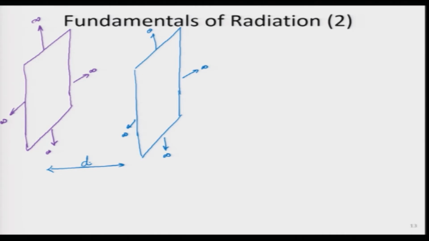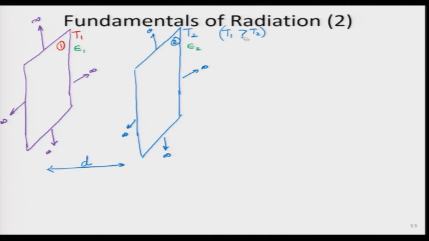I can show that gap as the distance d, and what I am going to do is give them different temperatures. So, here plate 1 I am giving a higher temperature. So, I am maintaining it at T1, plate 2 I am maintaining at temperature T2 in such a way that T1 is greater than T2, and later on we will define some parameters which I have not defined today, but I am just putting them around. So, I will call the emissivity for plate 1 as epsilon 1, emissivity for plate 2 as epsilon 2.